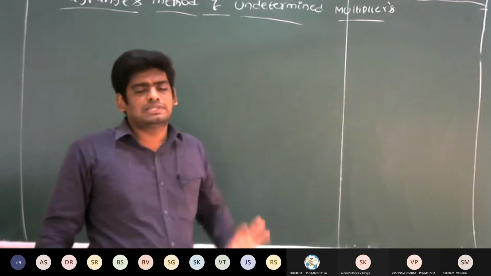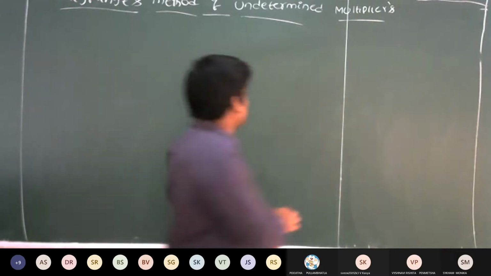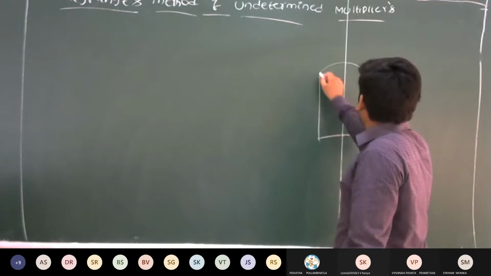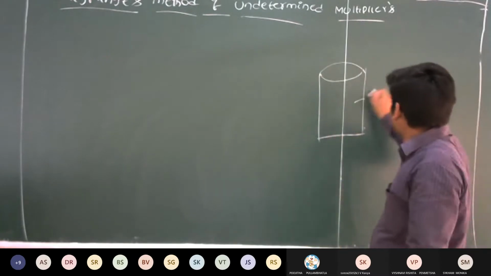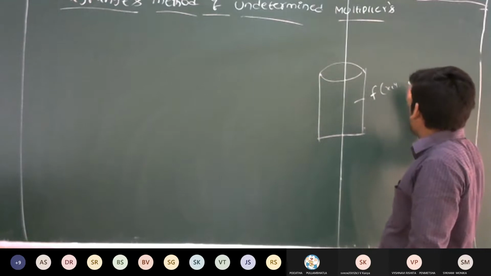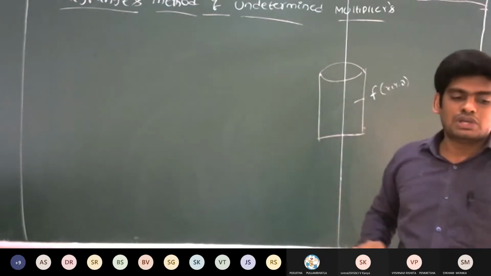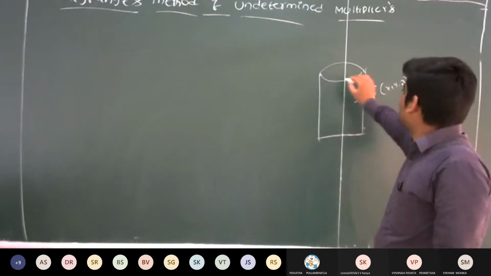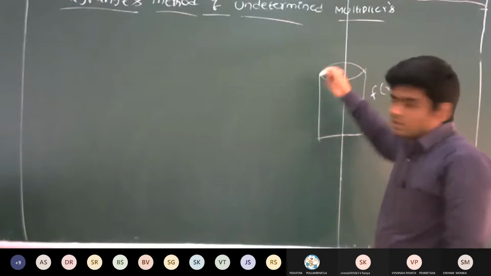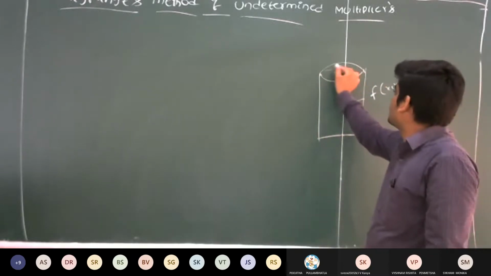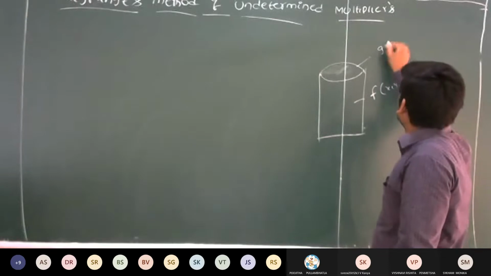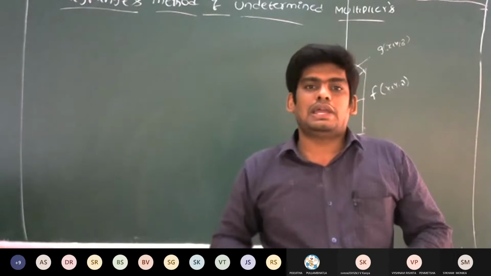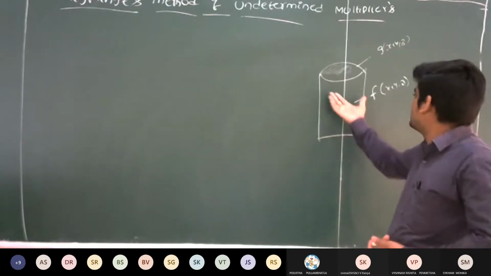So what is the use of this Lagrange's method? Suppose we have a bowl shaped material. So this is f of x, suppose f of x comma y comma z, just assume. And if you want to prepare a plate to close this region, that is the constraint. With what dimensions, if you prepare that plate, then you can easily put it into this box.